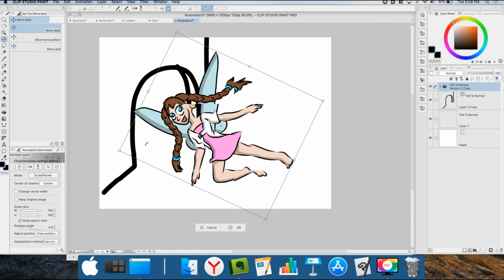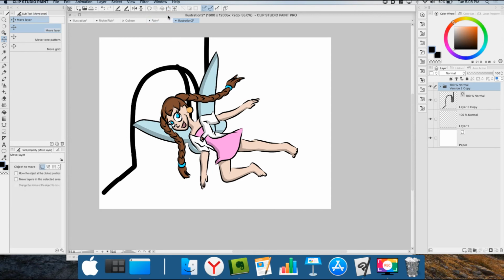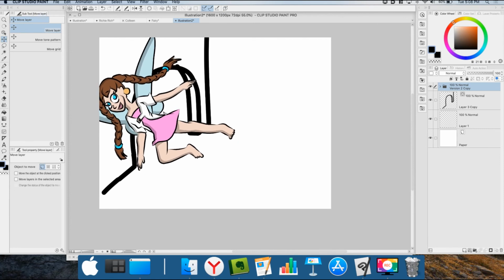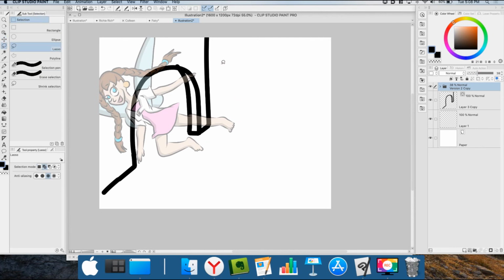And it's very slow just because there's a lot on this character. So I'm going to press OK. And now I'm going to move her through. So it's just going to see her lower body sticking out. And just so I can reference this, I'm going to lower the opacity a little. And now I'm going to take the lasso tool and create a lasso selection around her. But before I do that,